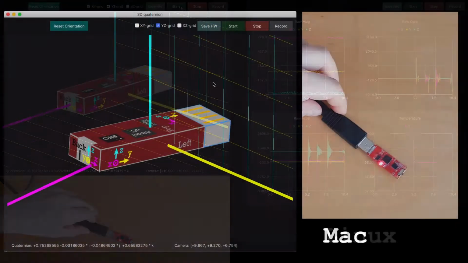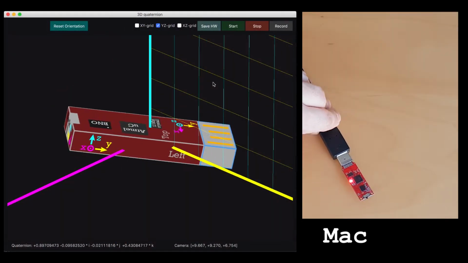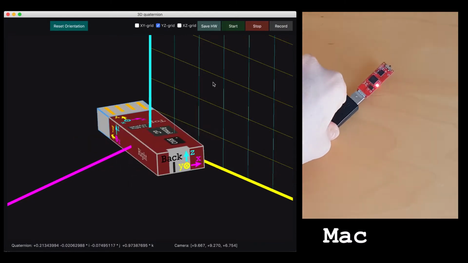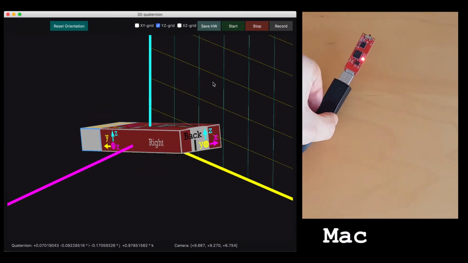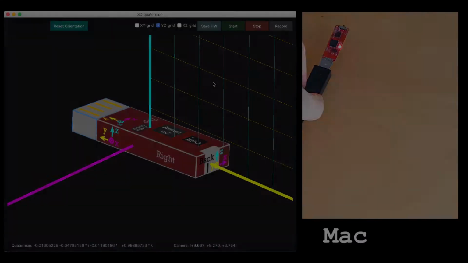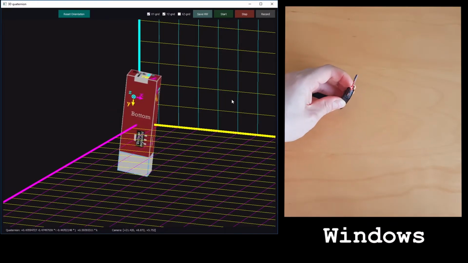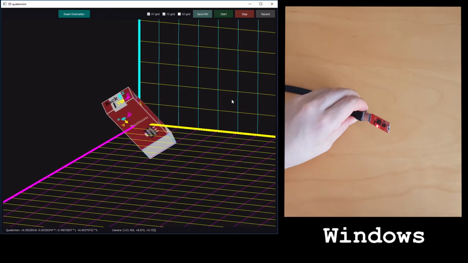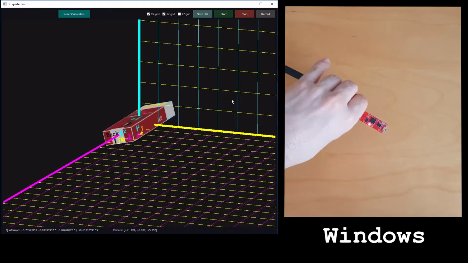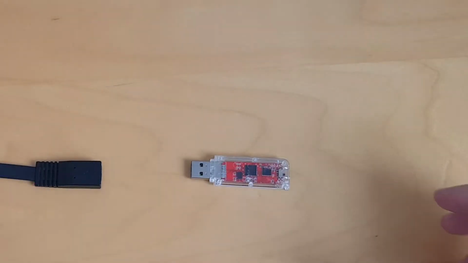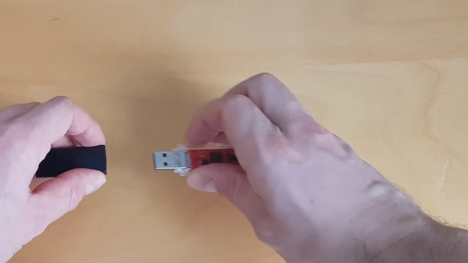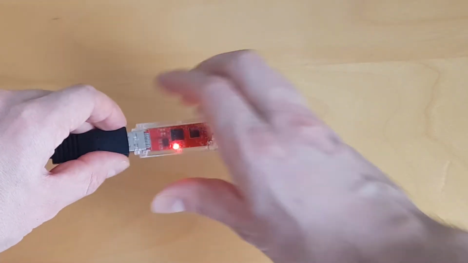Hi, in this video I'm going to show you the sensor visualization software I wrote for displaying the real-time data from an IMU, which works on Linux, Mac and Windows. The software is based on Qt and uses OpenGL core profile as a graphics API. To get the real-time inertial data, I use the B&O USB stick.